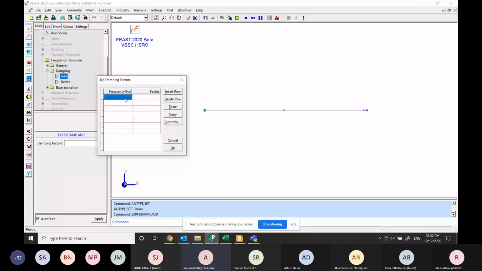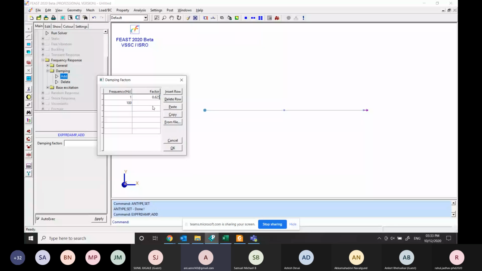I don't know what the natural frequency is, we are not knowing, so I'll simply type 1. It will start with 1 and may end at, let us consider, 100. So the starting frequency is 1, and the maximum frequency of this spring mass system may be something around 100. The damping factor I'll give as 0.625.